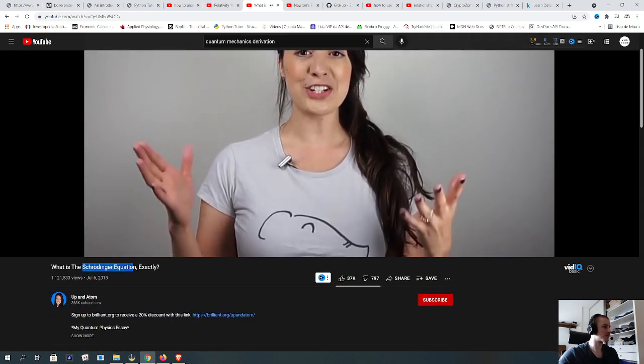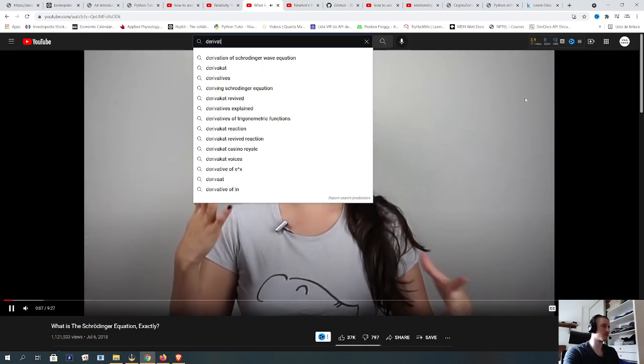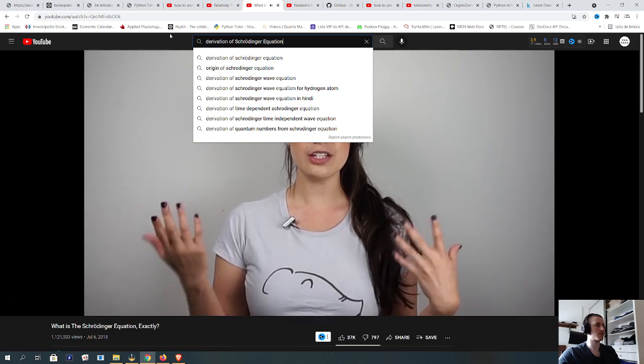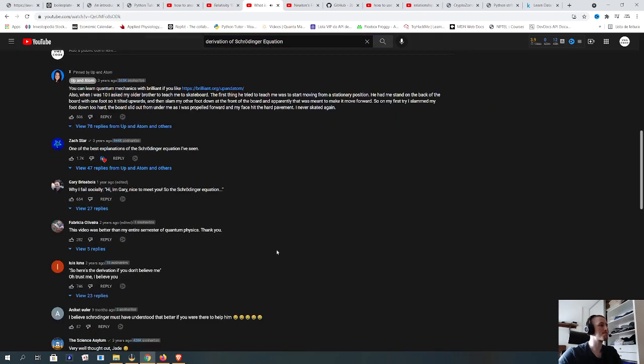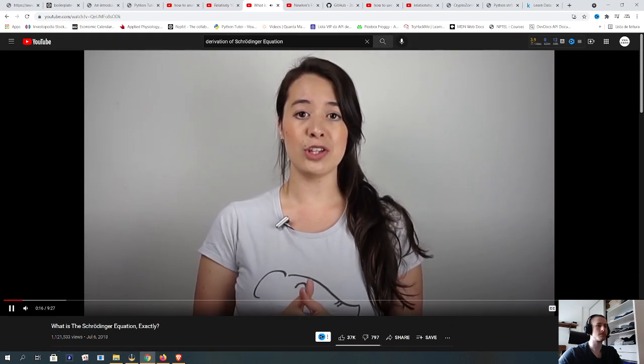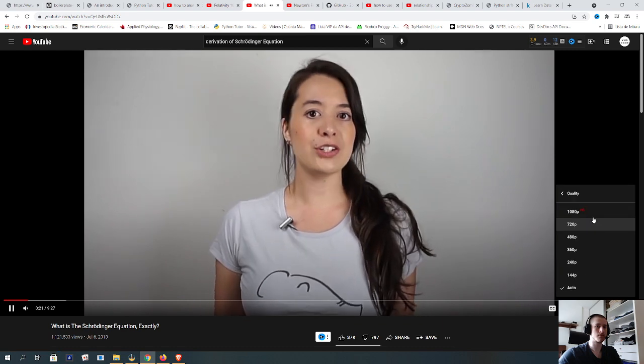So the Schrodinger equation is one of those things that pops up a lot in quantum science articles and journals, but the journalist doesn't usually go into what it means, which is fair because it's a fairly complex topic. So today I just wanted to share with you guys what it actually means, so next time you read it in an article, you can get a better gist of what it's